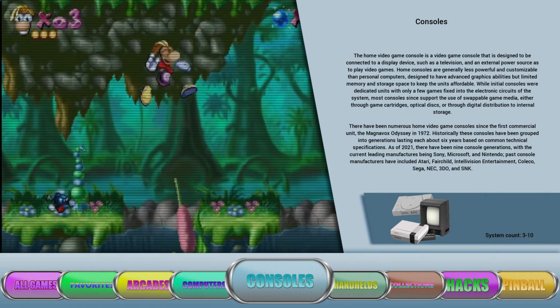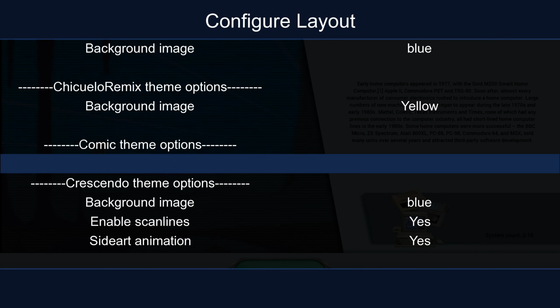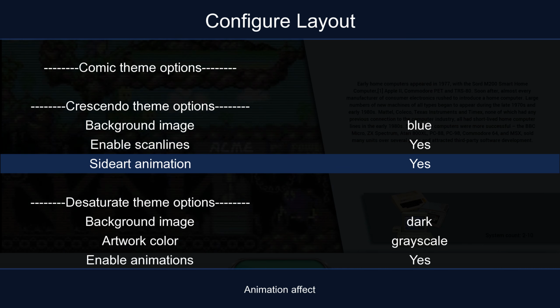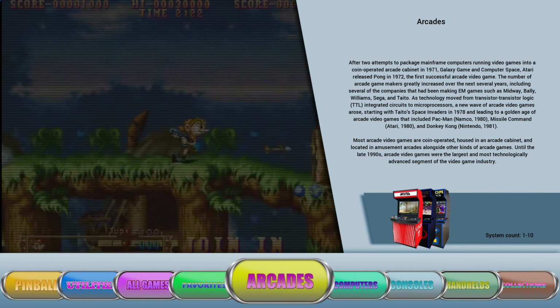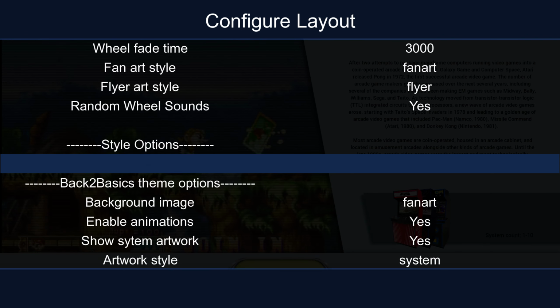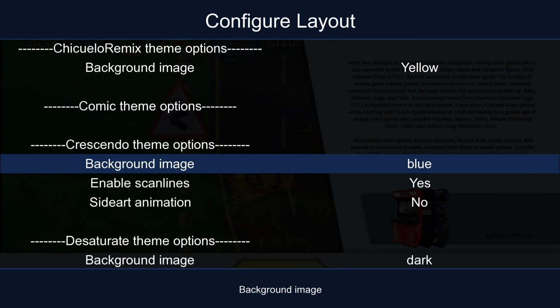Oh, does that just make it to where they slide in? I'm not sure. Let's see. I didn't notice whether it did that before or not. Yeah, it just makes it so they slide in. That's pretty cool. And also, something else that's not on the system version of Crescendo